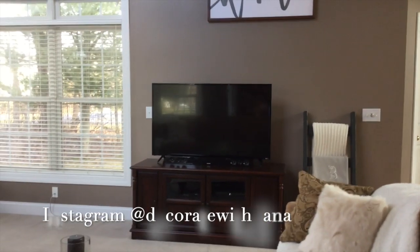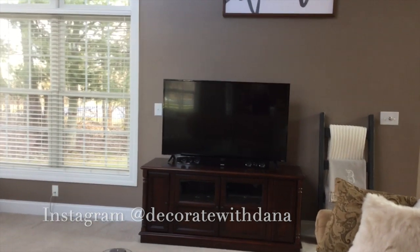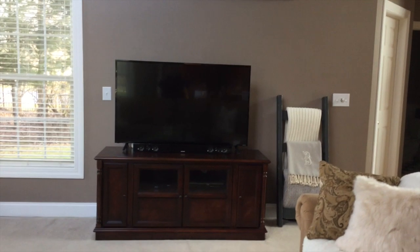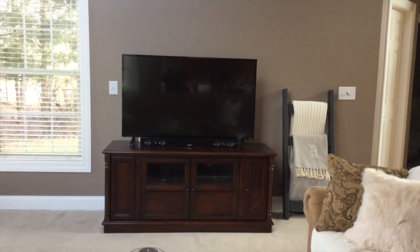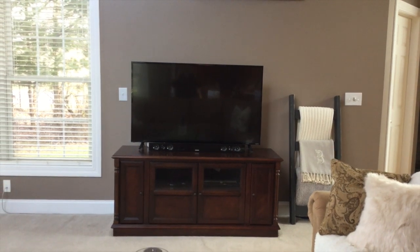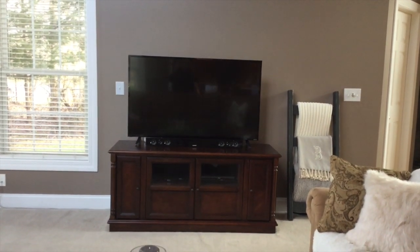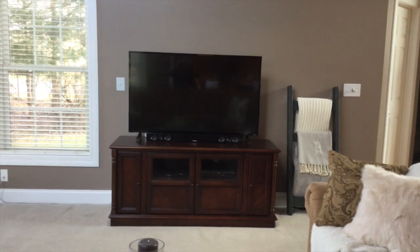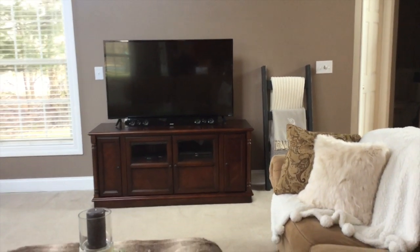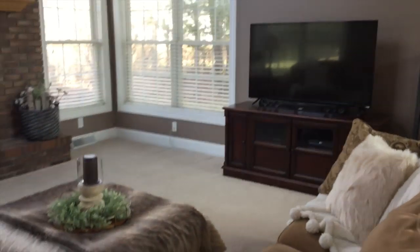I did end up leaving the blanket ladder by the TV stand. I think that's how I like it the best. I don't know, I've moved things around a million times. I hung a couple more blankets on there, but I don't really love the blankets that are on there. I do like the bee one, and I like the sweater knit one. The bottom one, we use that blanket a lot, so it was just hung there so that we could get to it. And then coming over here,